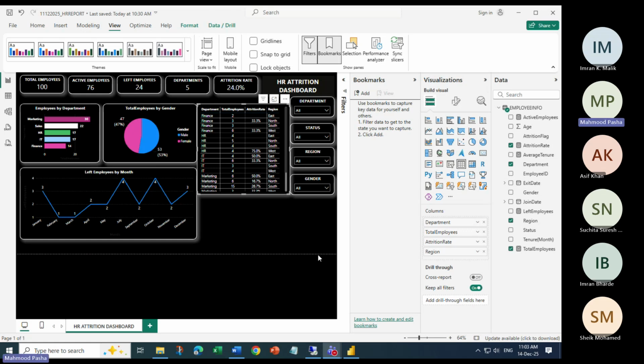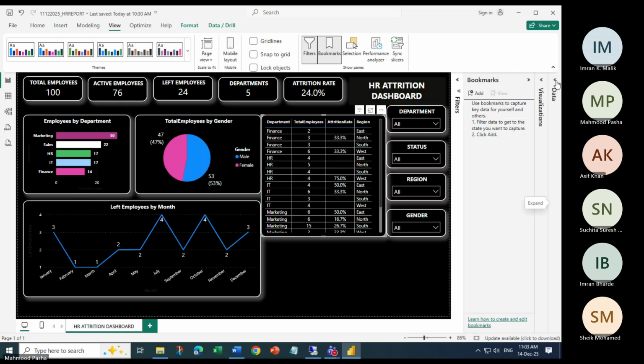Okay, so let's start. Now, maybe you all are ready. So what you can do first, I don't want data now, as well as I don't want visuals. Make yourself ready that you have clicked on bookmarks from the view tab. So now we are going to use this bookmarks panel in the view tab. Now what I need is buttons. Okay. Now go to